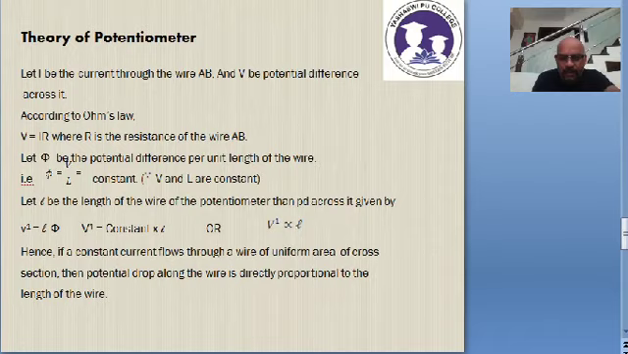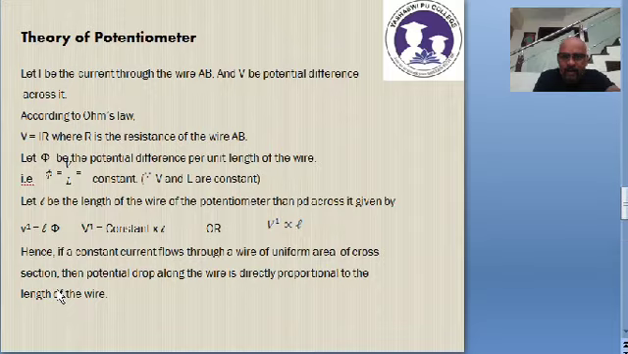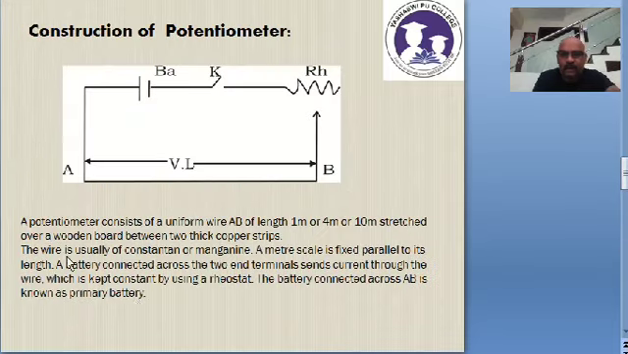Just check this one. If you consider the potentiometer, one thing please understand very clearly. Here is the construction of the potentiometer. There is a wire AB. This wire AB is of 1 meter length, or it can be 4 meter length, or it can even be 10 meter length. One end of the wire, A, is connected to the positive terminal of the battery,